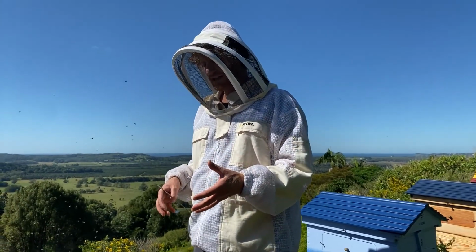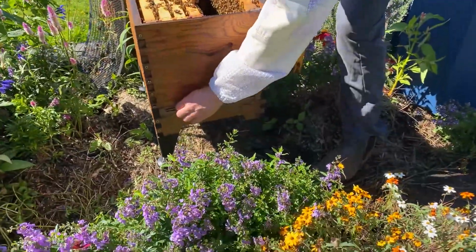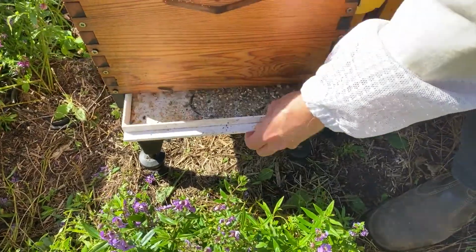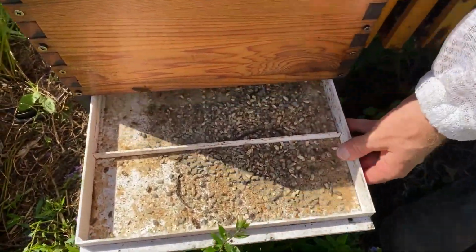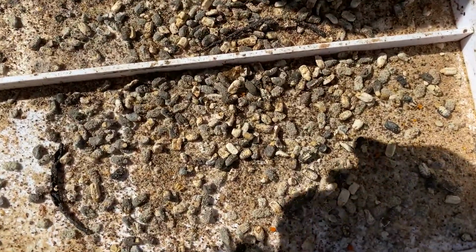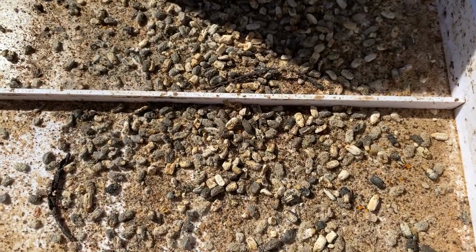The bees then typically start pulling that out, and you can see in the tray below, which we haven't cleaned out since we did the last experiment because I wanted to show you what it looked like. Look at all of those Chalkbrood mummies that are in the hive that have been ejected through the screen at the bottom. Look at that. So it's a good idea to clean them out though,